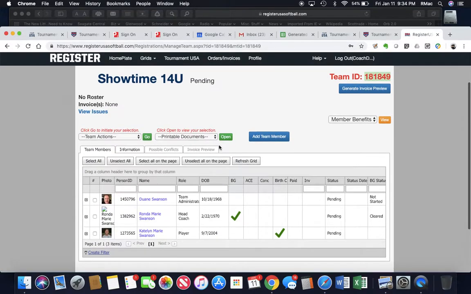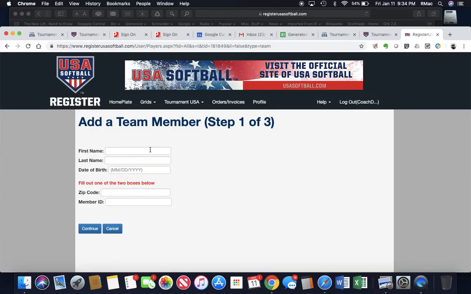And then once you have your team here, you can add team members. This is where we're going to add players and additional coaches, and it's very easy to do. You just hit add team member, put their first name, last name, date of birth. You need a zip code. The member ID is if they already are USA registered and you have their number, but you don't need it. Just grab a zip code, hit continue,